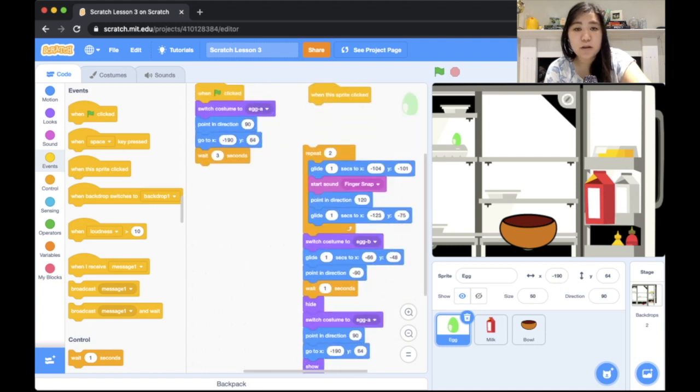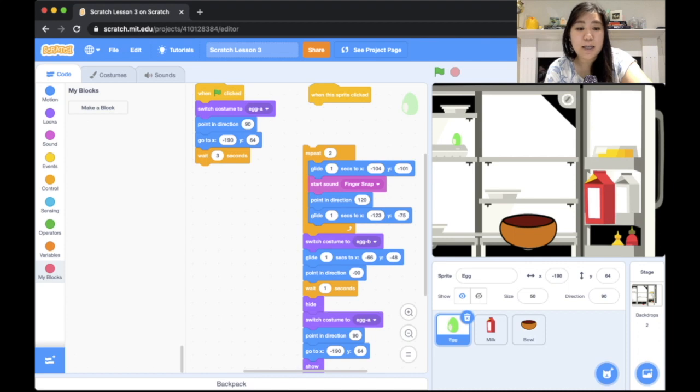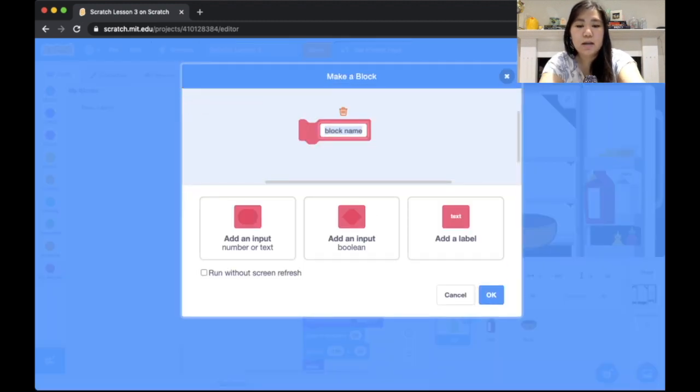And just like with my milk, I'm going to do this using a function. So in the My Blocks area on the left-hand side, you'll see that it is empty and our pour milk function didn't transfer over into our egg sprite, and that's because functions are not transferable between sprites, but I can make my own block for the eggs. So I'm going to click on Make a Block. I'm going to call this function crack egg,